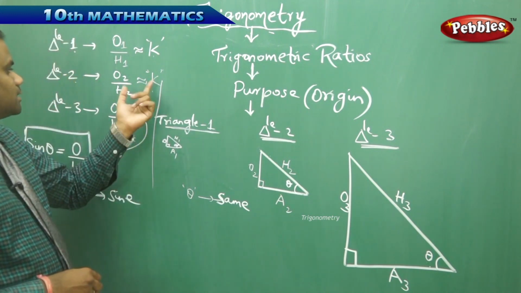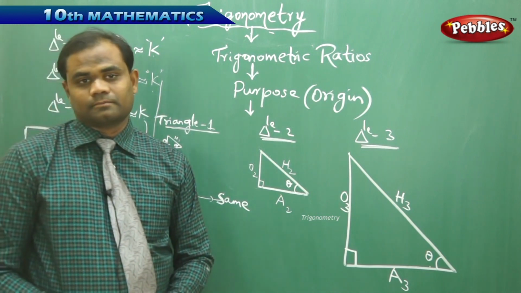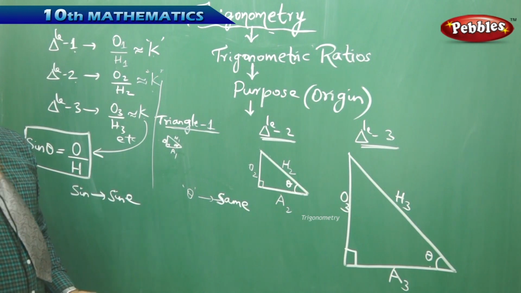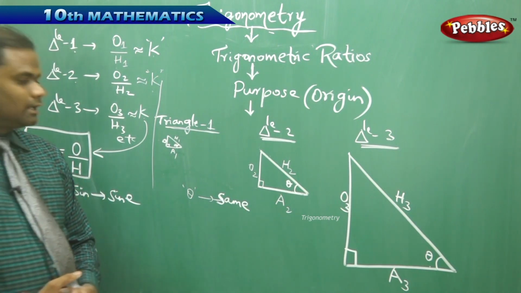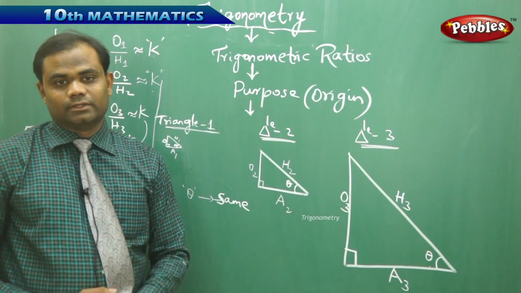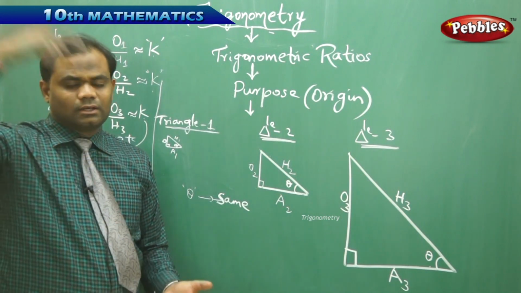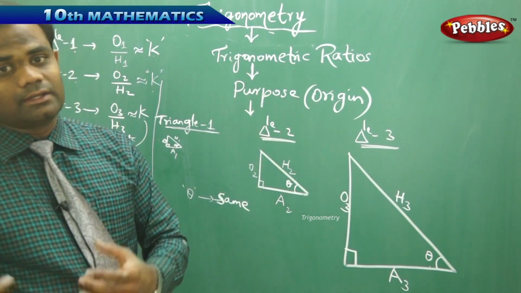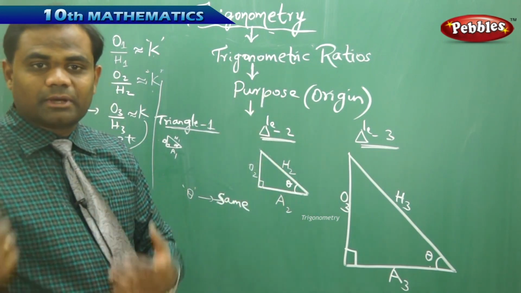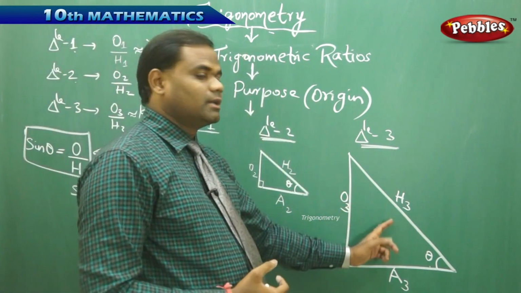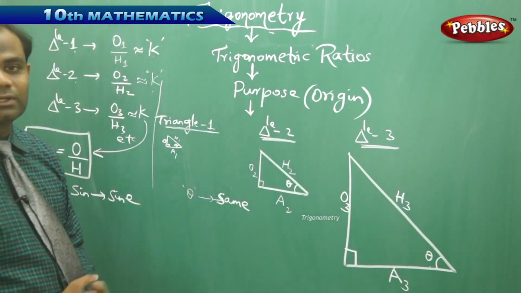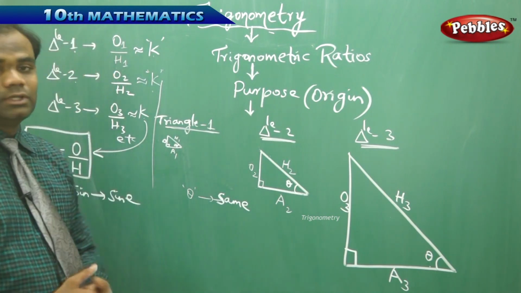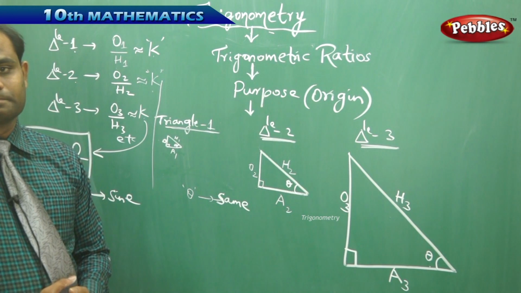So whatever k I get here is now called sine theta. When I divide the opposite side by hypotenuse, the value I obtain is called sine theta, and that is for any triangle with angle theta. If I take a triangle as huge as the sky and take the angle theta to be the same, then opposite side by hypotenuse of that triangle will be the same as opposite side by hypotenuse of this smaller triangle. That's how we conclude through the opposite by hypotenuse.